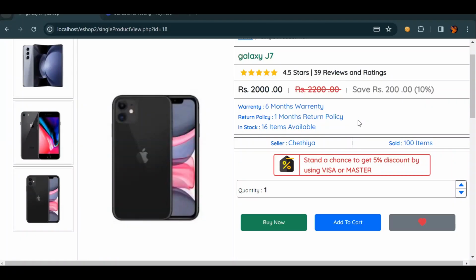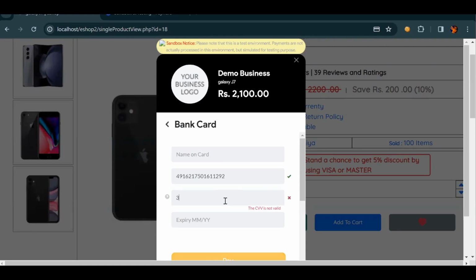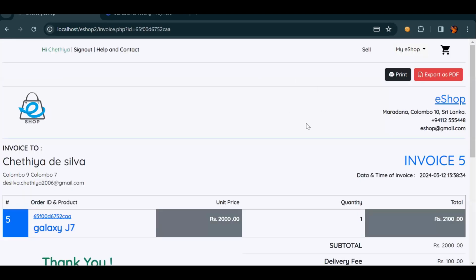Welcome back with the project named eShop, and today I'm going to discuss the program of the invoice page. So we can see that if I purchase this product, we are redirected to the invoice page, and here it displays the name of the customer and